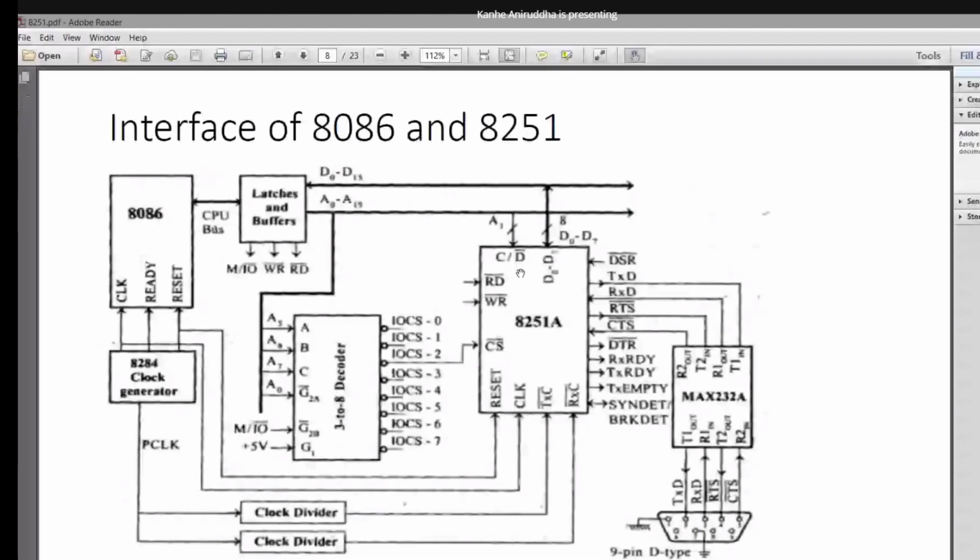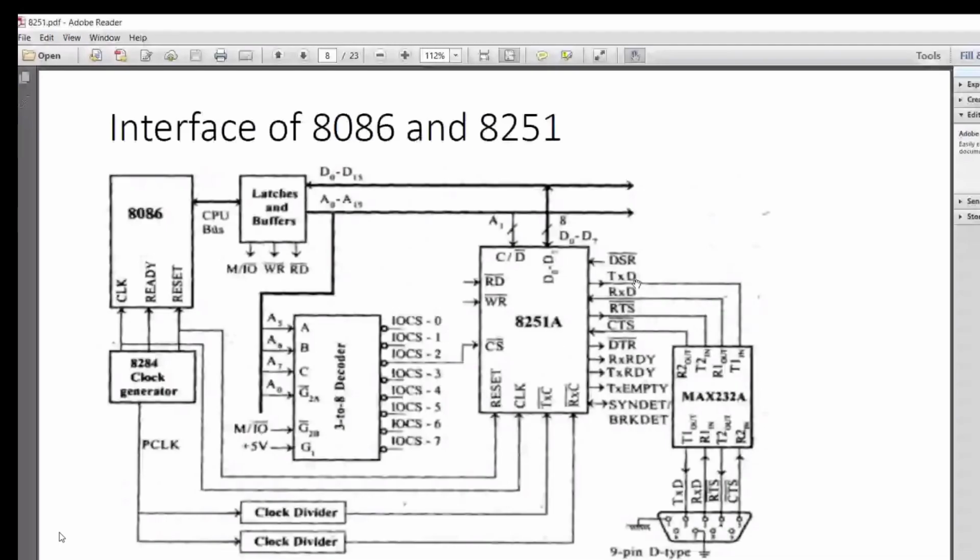This write should be 0 and this should be 1, as far as these pins are concerned. This is for setting the rate at which the serial communication may happen. And this clock is for the internal operations, for syncing with the 8086. How many bits are to be put into the data register, and so on.